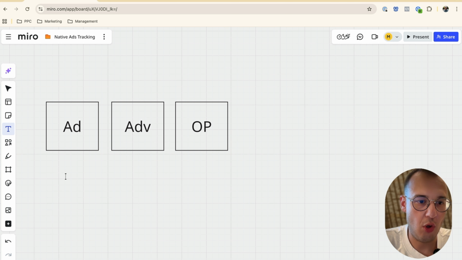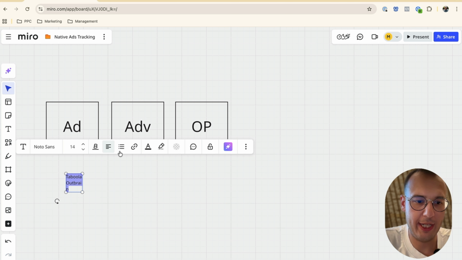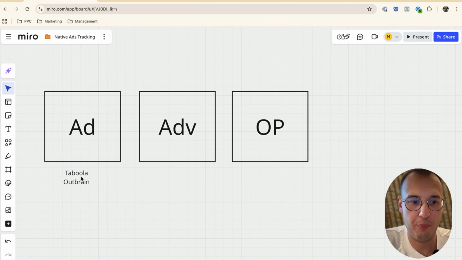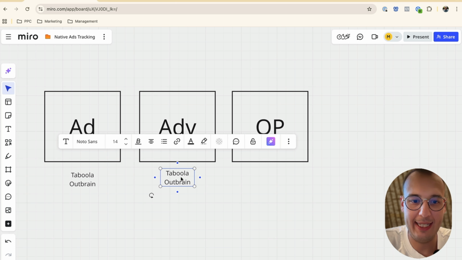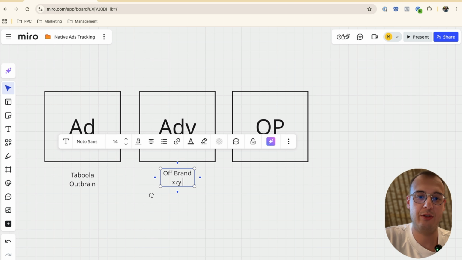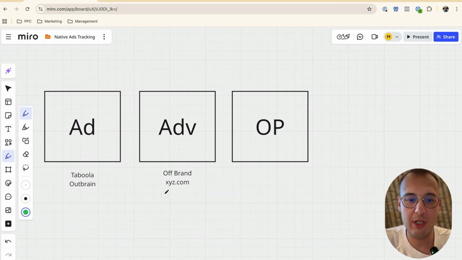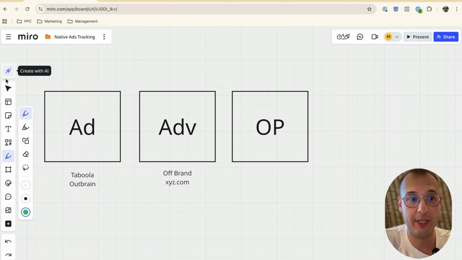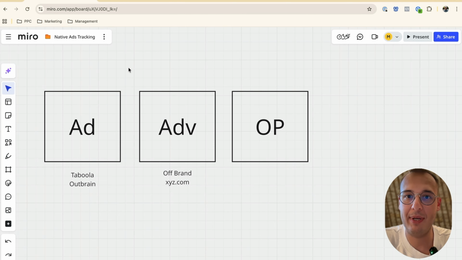So the ad you run on Taboola, Outbrain, whatever. And you run the advertorial on a domain different from your brand. So that means when your domain is usually abc.com, then the advertorial should be xyz.com. And the reason here is you get more credibility. It looks more legit if another brand, a third-party source, is telling the audience that your product or service is great. It's way better than you explaining by yourself that your product or service is great.